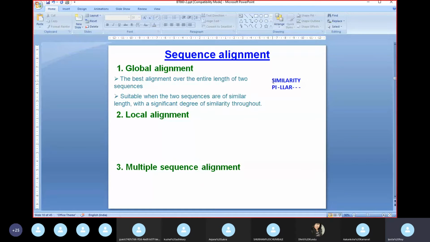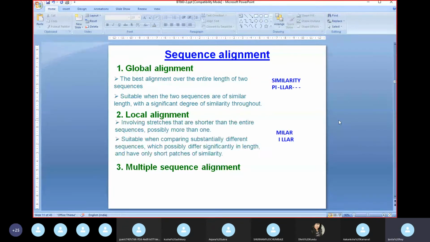So global alignment is something like this. You take this complete sequence, which let us say is your template sequence. This is your query sequence. So the word here is pillar. You try to fit it into wherever it fits in your template sequence over the complete sequence. It is not that, okay, this is the only part that fits, so I pick up only this part. Not that way. Over the complete sequence, wherever it fits, you try to fit in your sequence. So this will work only if these two sequences are of similar length.